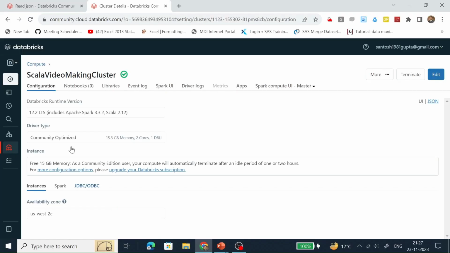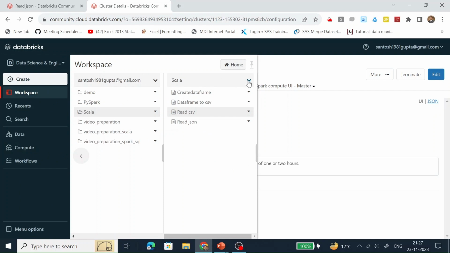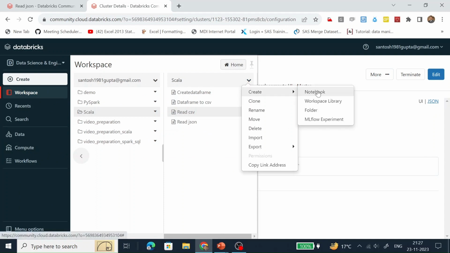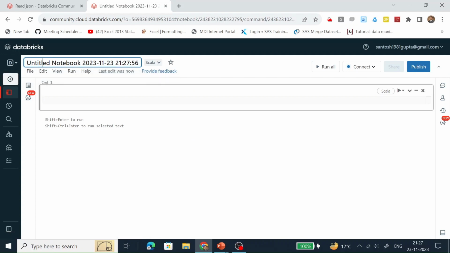So let's go to Databricks. Let's create one notebook, name it data frame to JSON.